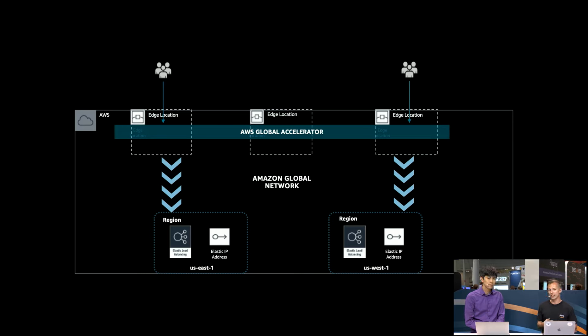So the idea is we get the customer traffic onto the AWS network as quickly as possible, where we control that traffic flow end to end. So it's low latency, high speed. And you can see here we access the services directly. So for applications like gaming and other services where you need low latency and high bandwidth, but also for static IP addresses. A lot of customers want to hard code, or need to hard code, a single IP address or 2 IP addresses into their firewall. This allows them to do that.